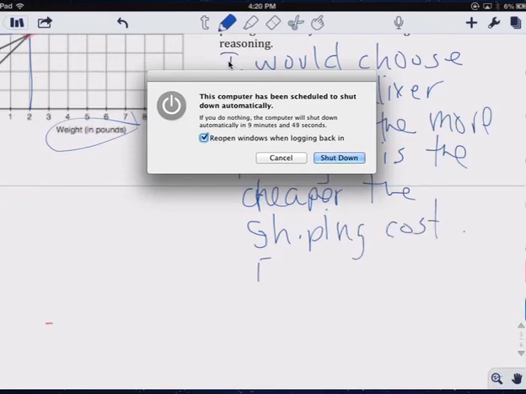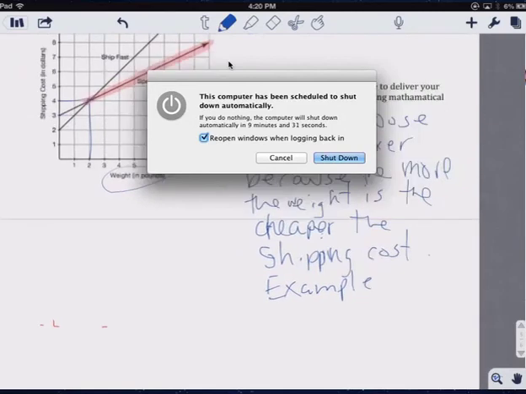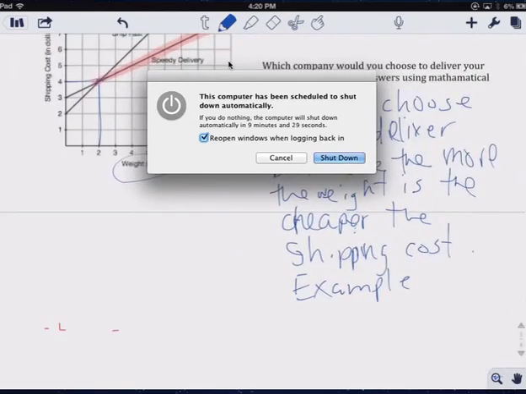Example: any number you like, 4 pounds. For 4 pounds,